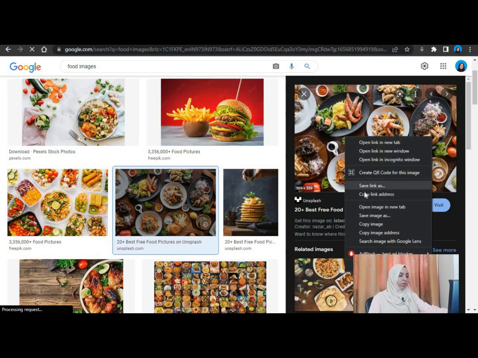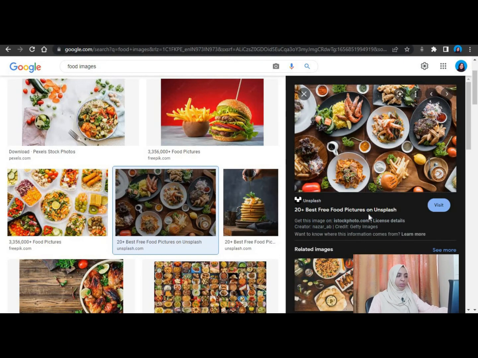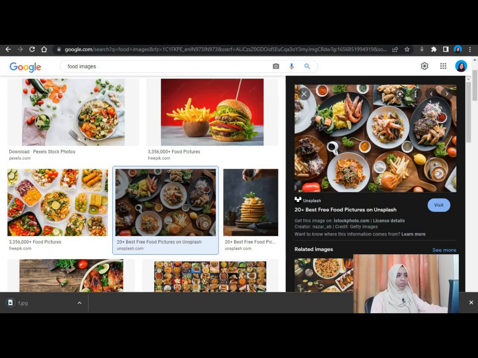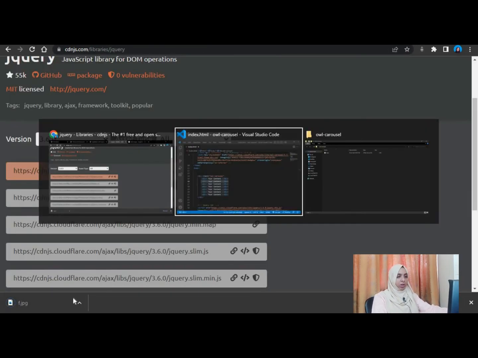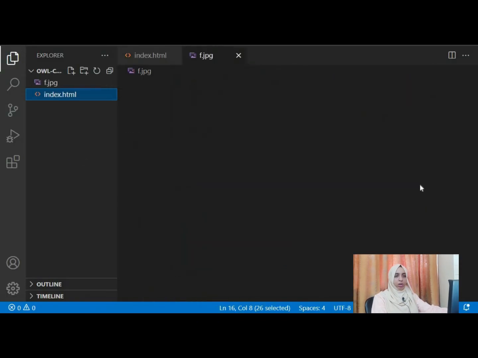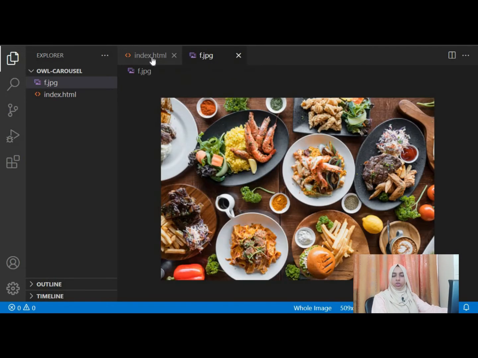Just right click and save image as, and let's save it on the desktop. Just give it a name of food, and we just save it. Alright, and let's just drag this image in here to use it. So we have the food image here.